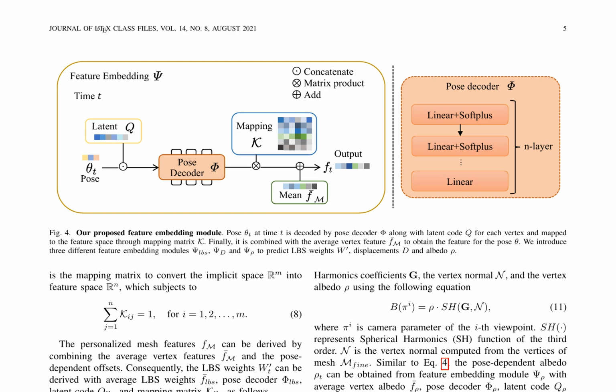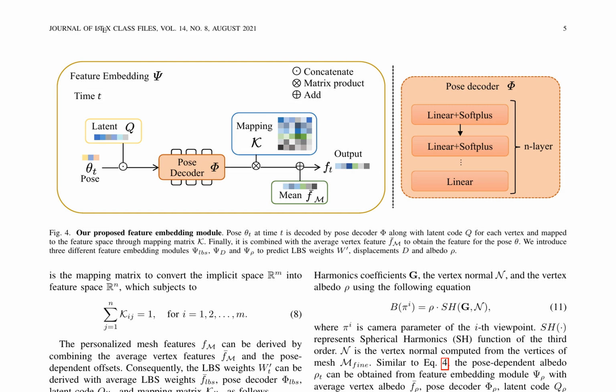The proposed feature embedding module, as depicted in Fig. 4, enables the interpretable acquisition of hand features corresponding to the pose θ_t. The module consists of three different feature embedding modules, Ψ_LBS, Ψ_d, and Ψ_ρ, which predict LBS weights W, displacements d, and albedo ρ, respectively. The personalized mesh features F_m are derived by combining the average vertex features F̄_m and the